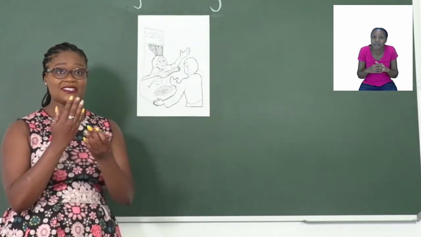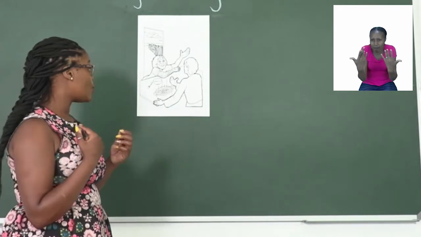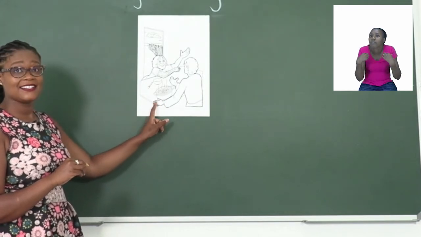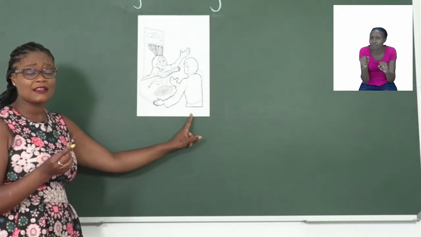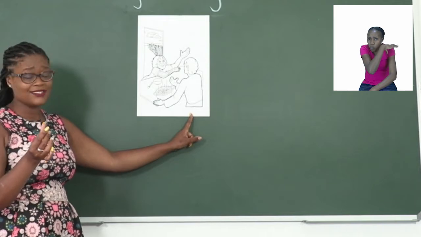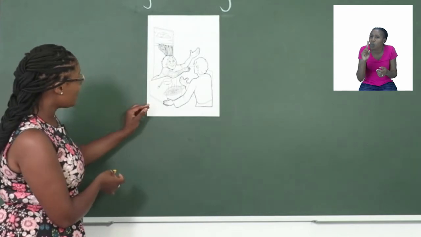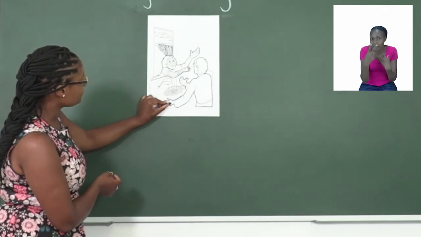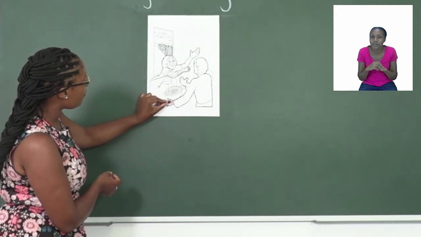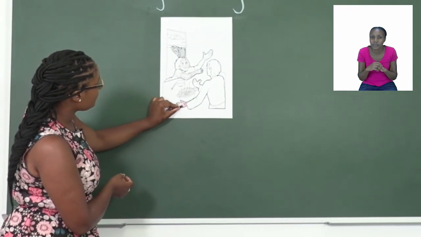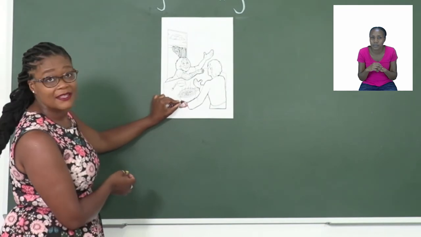Now remember, someone's hands have a different color from sometimes what they wear. So if you can see that their hand is there, we can't color the whole hand brown. That doesn't work. So we are going to just take one color and color his hand brown. Remember, when you are coloring, you must go in one direction all the time. And then when you are done coloring, you check for any white spots that might be there